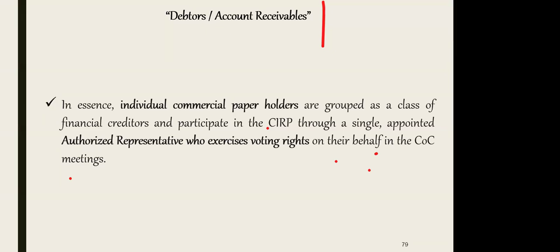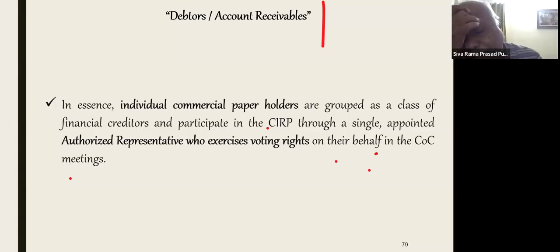Okay, sir. In your given instance, as you have discussed, 1000 commercial paper holders were there. Correct. 500 had participated. Out of 500, 300 had agreed and have given their consent. What about the 200 holders? Correct, 200 is to be treated as absent or away from that particular decision.